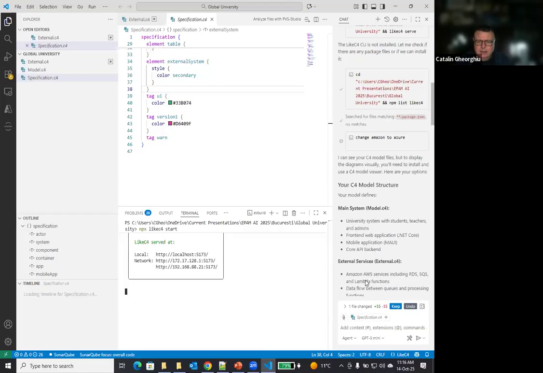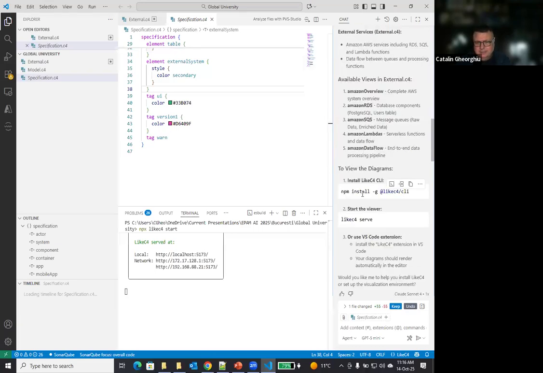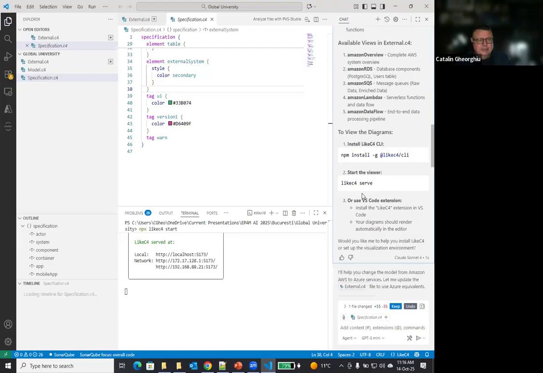So, here you have: change Amazon to Azure. That was my prompt. You see that I'm trying to be quite precise. I avoid the fluff, but still I want natural language that makes sense and is highly precise. Unfortunately, when we're talking with the AI, we need to do this. So now let's go on our journey.